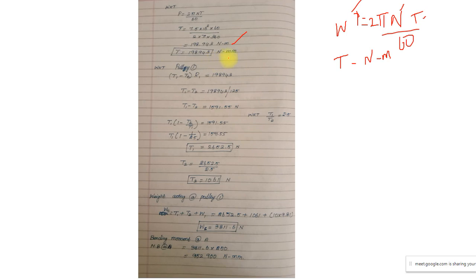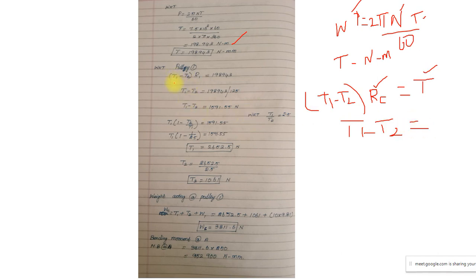Now I need to find out the exact load of pulley 1. I repeat again, I need to find out the load which is being carried by pulley 1. For that, I need to find out the value of tension T1 and T2. To find out T1 and T2, I know one formula already: T1 minus T2 into the radius of pulley 1 is equal to torque. Now I know the value of pulley 1 radius, I know the torque value. I don't know T1 and T2 individually, but I can find a relation that T1 minus T2 is equal to some value.